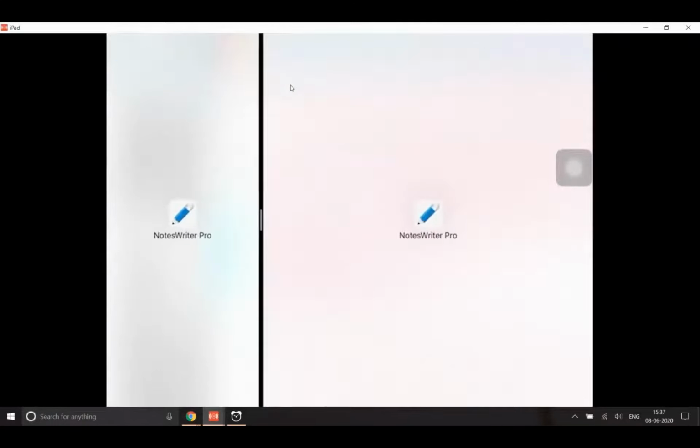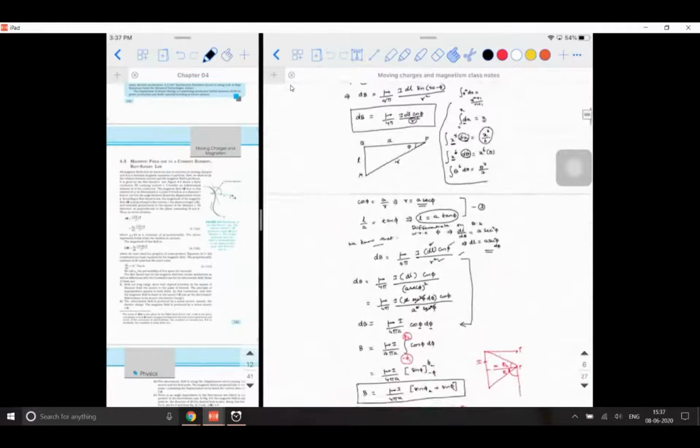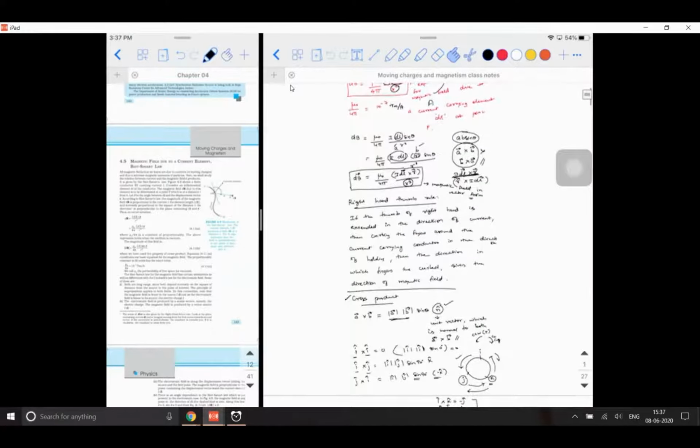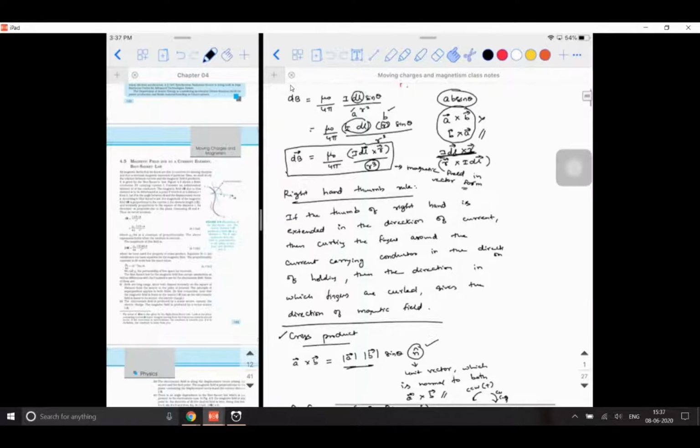When you have a current carrying element in your hand, what is the difference between a current carrying element and a current carrying conductor? The current carrying conductor is the whole length. The current carrying element is an infinitesimally small piece of the particular conductor, which is going to be dl. So if you have a small